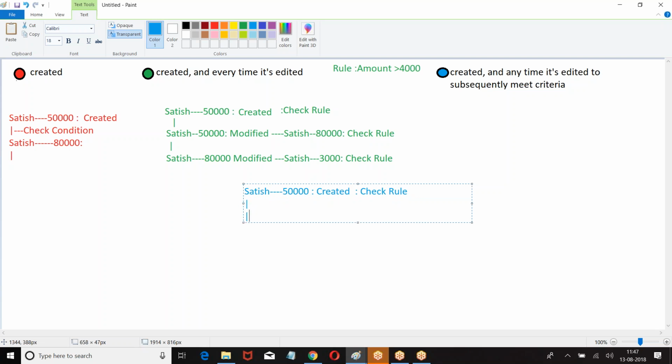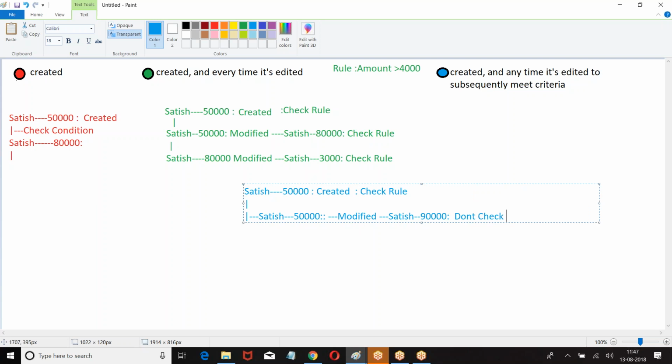Then, is Satish 50,000 already meeting the condition? What is the condition? Amount greater than 4,000. Satish 50,000 is already meeting the condition. That record which is already meeting the condition, I modified it.